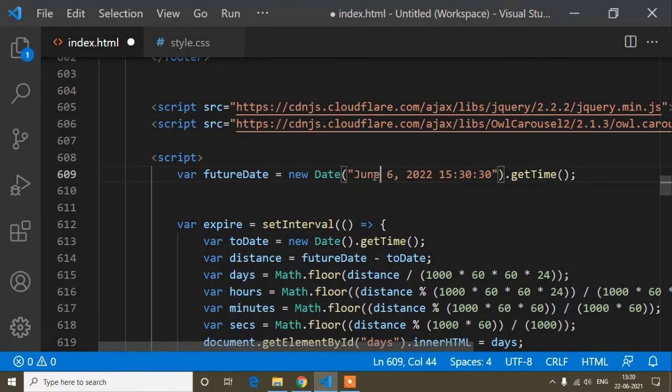So if I write June and today's date is 22, so 22 and it's 2021, and I set the time as 13, and this one is 20, and if I write the second as 00, 2021. Okay, so now just 1 minute is left to stop our offer.